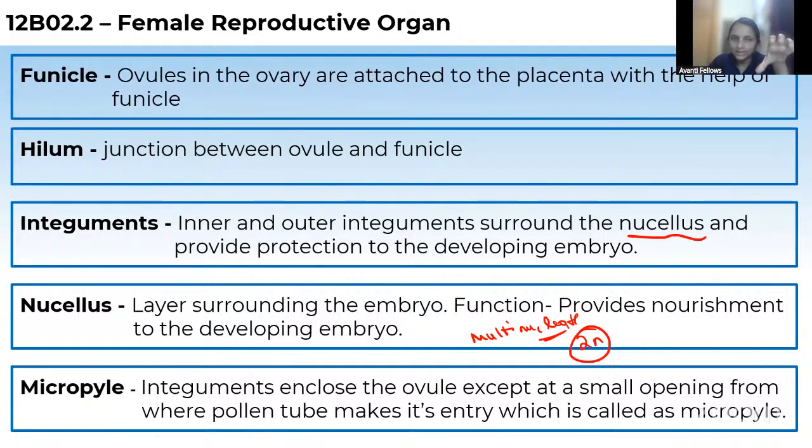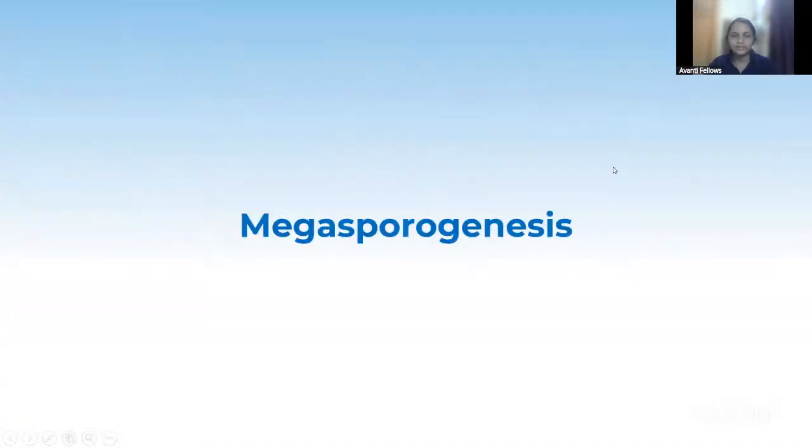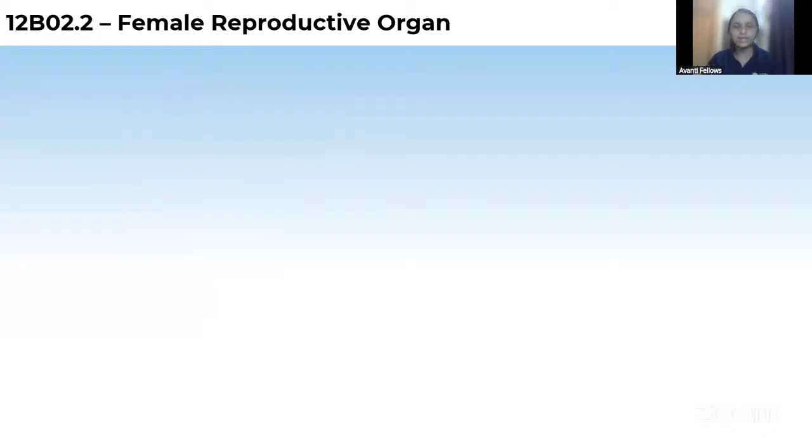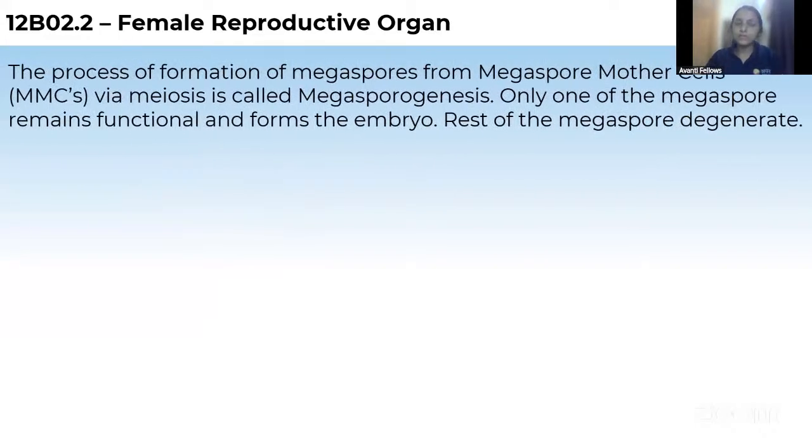Then coming to the micropyle, where the integuments are not present, that opening is called the micropylar end. It will make an entry for the pollen tube. If you didn't make a note of this, kindly make a note of this. It's very important. Okay, fine guys. Next go to megasporogenesis. It is very easy. What do you mean by megasporogenesis? Now we studied about the megaspore, right? Megasporangium. Now the process of formation of the